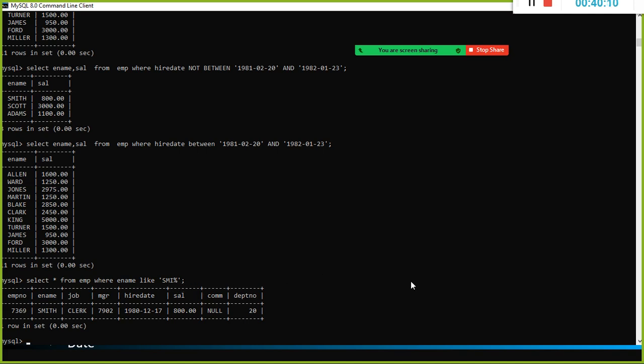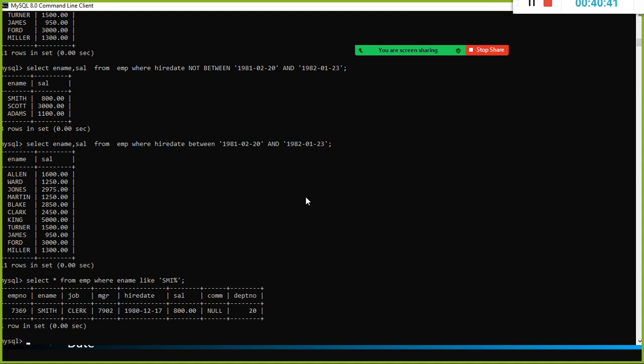Percentage means after SMI whatever is there, let it be there, I don't care, but the name should start with SMI. Suppose you have employees like Krishna Kumar, Krishna Murthy, Krishna, right? All you need to find out is whose name starts with KRISH. If you give KRISH percentage, the rest of them I don't mind. So the first 4 letters should be Krish. In that case you can use percentage.